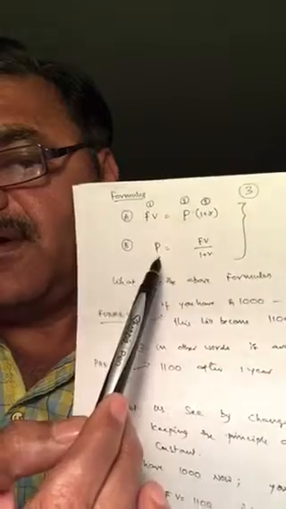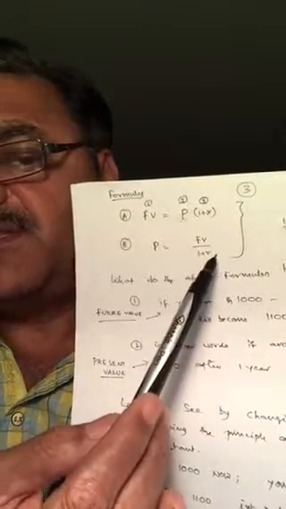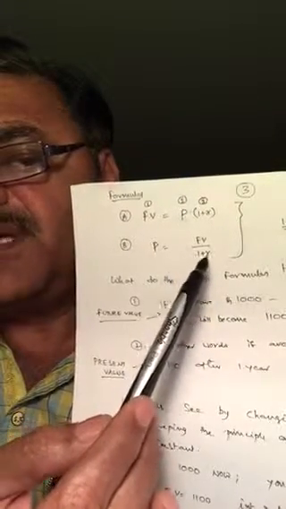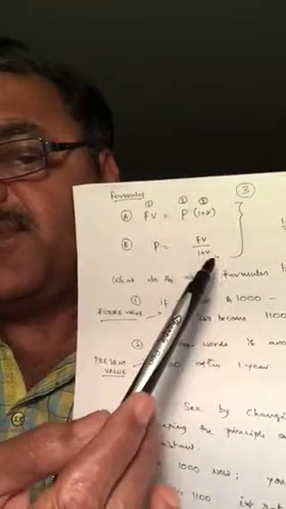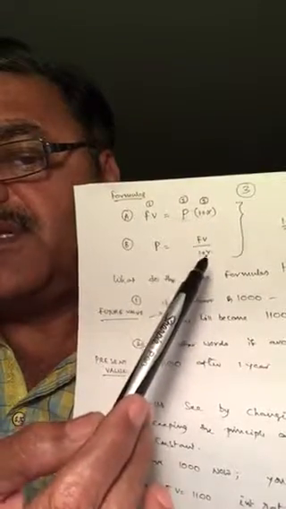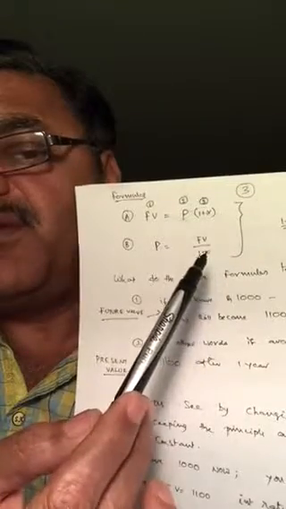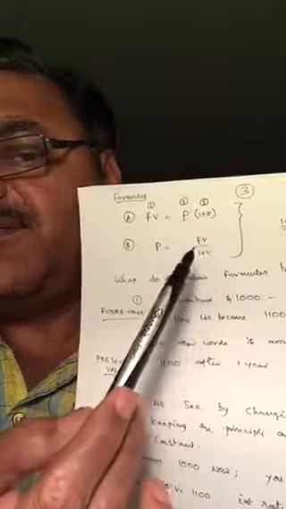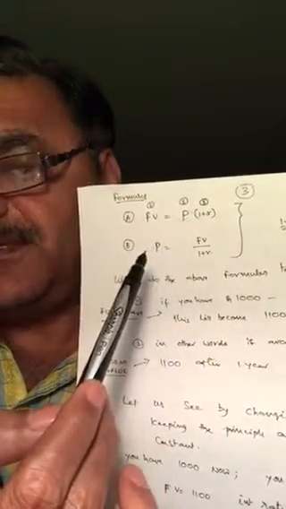So now accordingly, P is equal to future value divided by 1 plus R. Here it is 1 year. If it is for 3 years, 1 plus R, raise it to the cube. That means suppose if it is 10%, 1 plus 0.10, 1.10 whole cube. That is 1.10 into 1.10 into 1.10. That gives you 1.331. So 1331 divided by 1.331 gives you 1000 rupees.